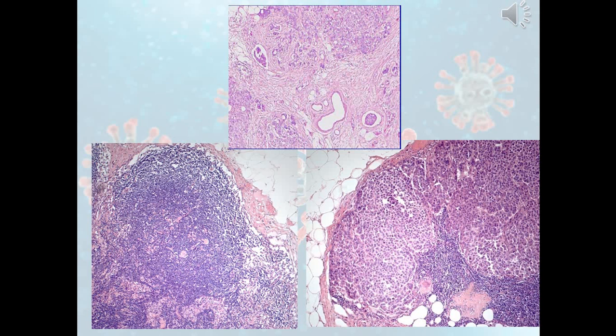The picture above shows the malignant cells invading the lymphatic channels. You can see at the upper left of the picture and also at the bottom of the picture large spaces, which are lymphatic channels containing malignant cells. So we can see how the malignant cells invade the lymphatic channels and through the lymphatic drainage can spread to distant sites.